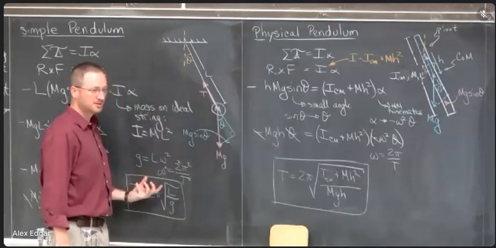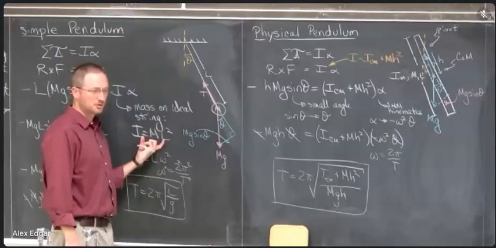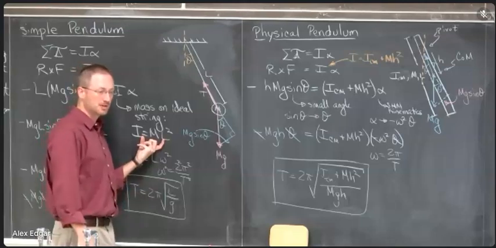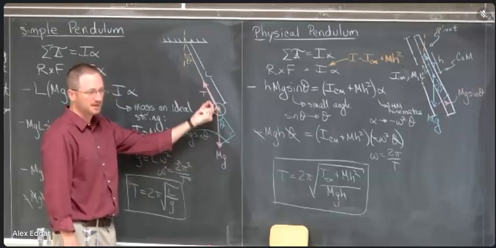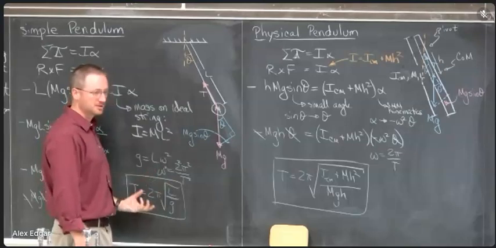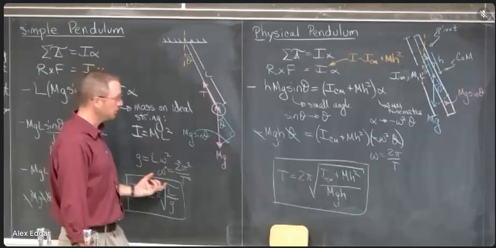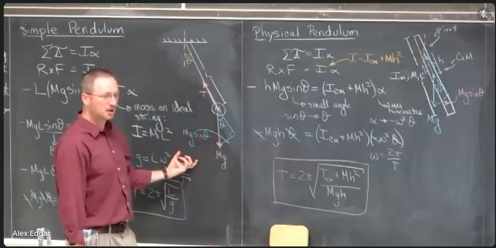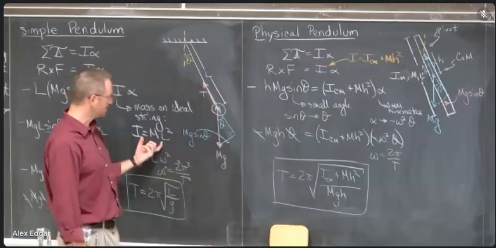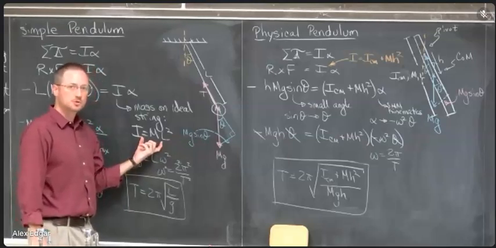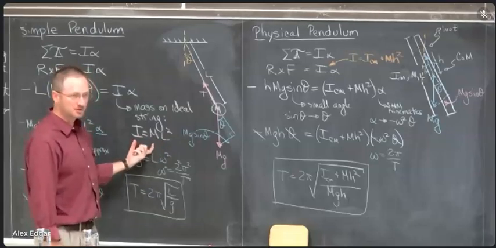For example, this equation is slightly different because we made slightly different assumptions. We jumped straight to assuming that we know the rotational inertia of this object is ml squared because it's a heavy mass on the end of an ideal massless string. And that's what gives us this equation. If you go back to the beginning of the first video, where we had two different things oscillating side by side, you should have seen that they oscillated with different periods. And they oscillated with different periods because those two physical objects have two different rotational inertias. Because of that, we're going to need to make different assumptions about how they will move,